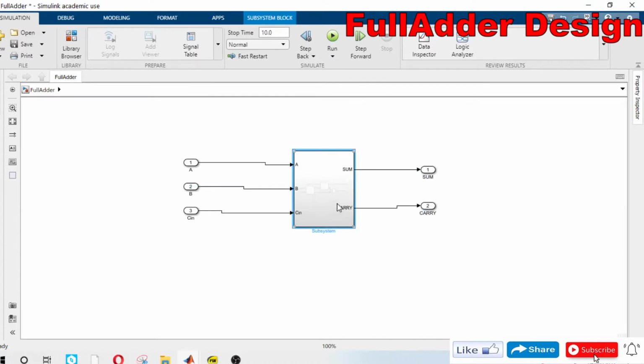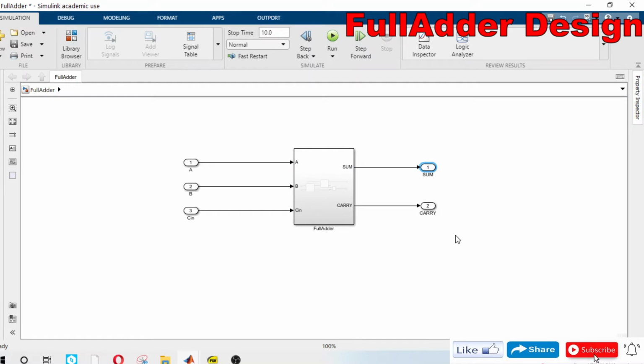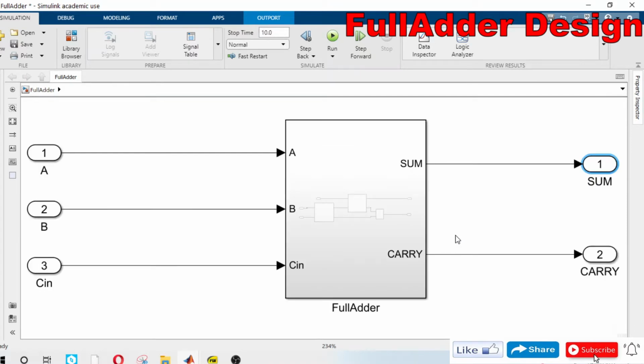Rename it as full adder. Press Ctrl D to compile our model. Model is working fine, no errors. This is the simple way, step by step. In this video I have shown you step by step how to create a full adder by using two half adders and an OR gate.